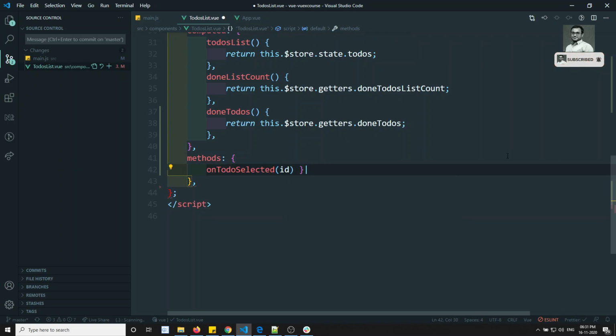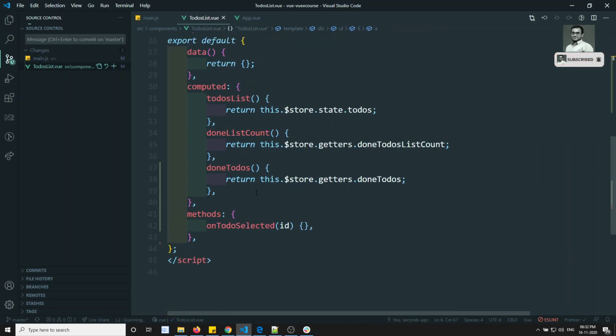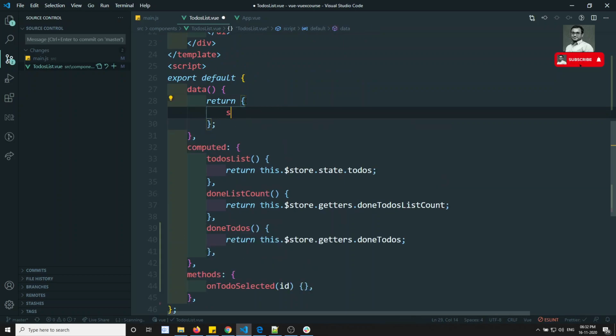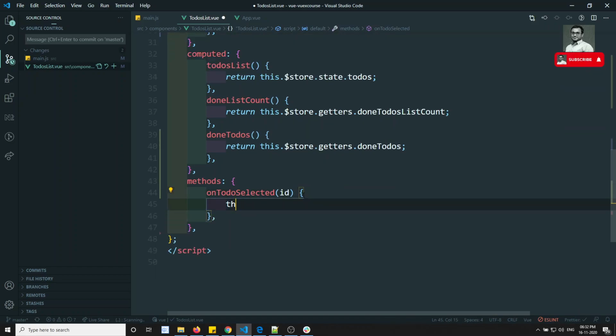I can pass this id, and here I can pass todo.id, in order to get which id was selected. And here I can write something like selectedId equal to empty, and then write this.selectedId equal to id. So we can write like this.